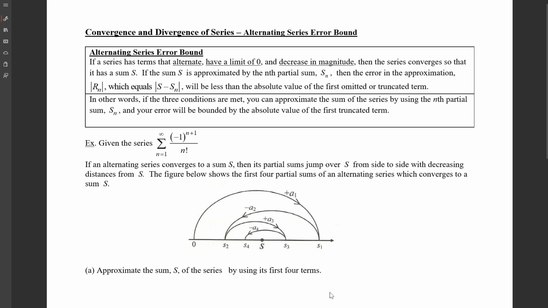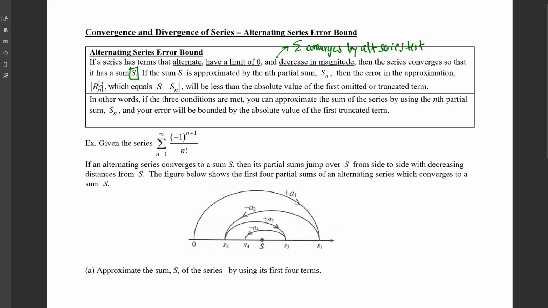So what we know about the alternating series error bound is this: if a series has terms that alternate, have a limit of 0, and decrease in magnitude, and we know what that means is that the series converges by the alternating series test, okay? It converges to some number, so we'll just call that number S. And if the sum S is approximated by an nth partial sum, so we know what partial sums are, remember S1, S2, S3, then the error in the approximation,